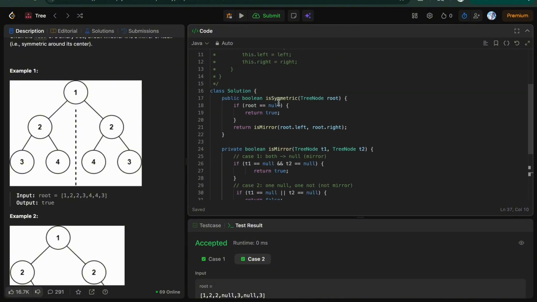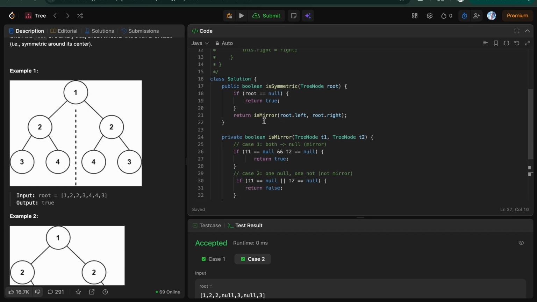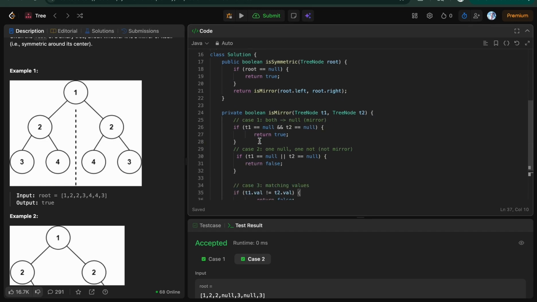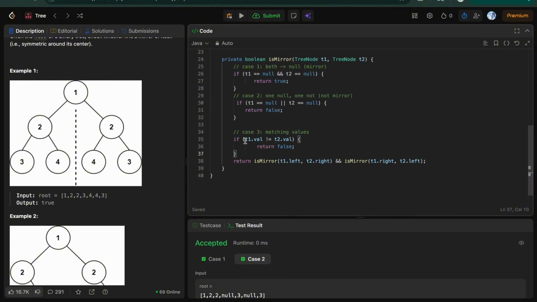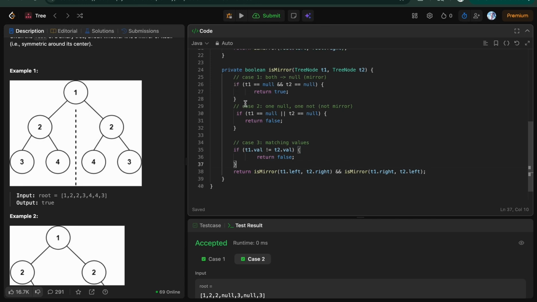So first things first, we're just going to call isSymmetric for the root, and then we're going to return isMirror for the root.left and root.right, which is basically 2 and 2, right? So 2 and 2, and we go down here. We're going to look at this, and so here we have,